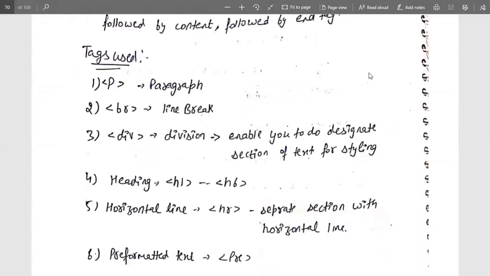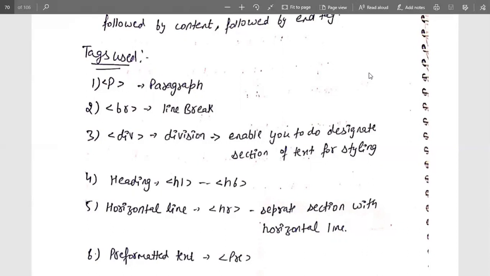So there are some tags that are usually used. First one is P, for the paragraph tag. Whenever I am inserting a continuation of a number of lines without any break, that is represented as a paragraph, and that paragraph is represented in HTML as a P tag. It also has a closing tag. Backslash with the P tag is the ending tag. BR is for line breaking. That means to separate different lines with some space, which is done with the help of the break line, BR.